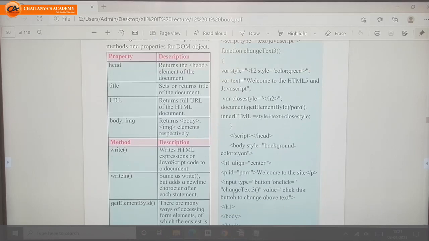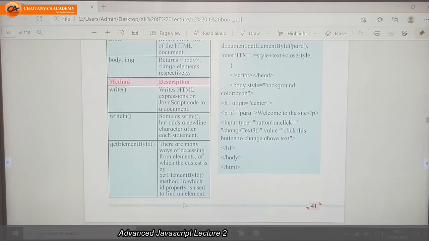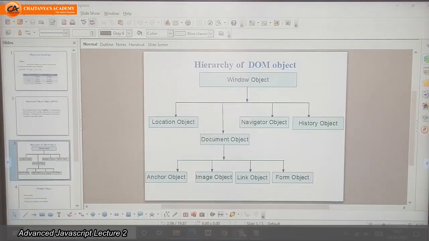So if we want to call any other element, we first need to write the id attribute and give one value to it. Then when we want to call that element, we use the method dot getElementById with the name of that id in brackets.